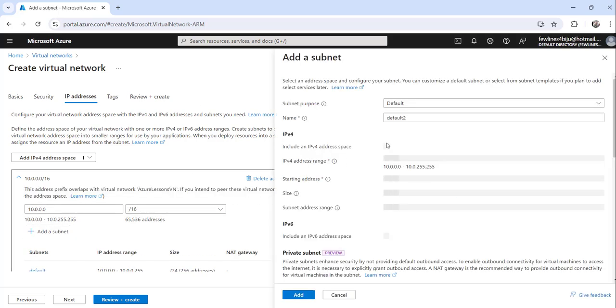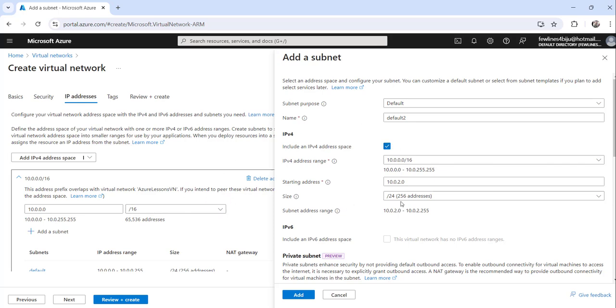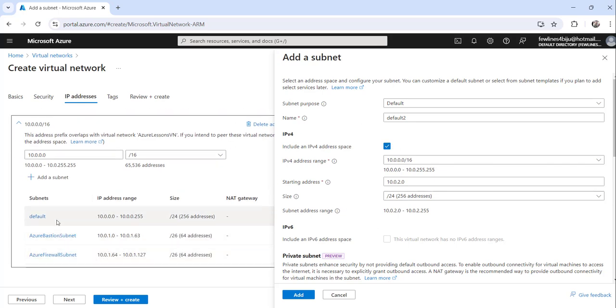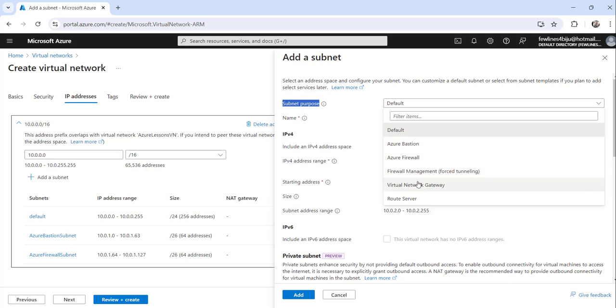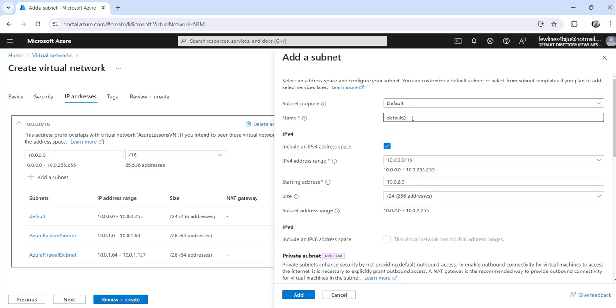And here you can click on the add a subnet button if you want to add a new subnet, and if you want to go with the default option, that also you can do. Okay, with the default option also you can go, but if you want to create a new one you need to choose the subnet purpose. Okay, here all the purposes are there, you can select one and then provide a useful or unique name for your subnet. Okay, and now you have to